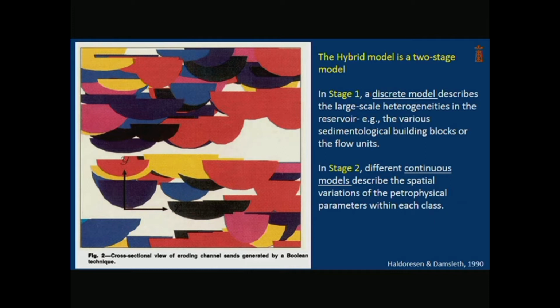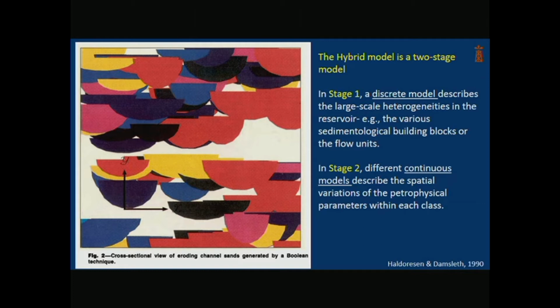And that's still how people generally make predictions about behavior in 3D today. In the mine space, you talk about domaining your model, so you have different domains which behave within those domains in some sort of consistent fashion, but when you go from one domain to the next, there may be significant changes in behavior.